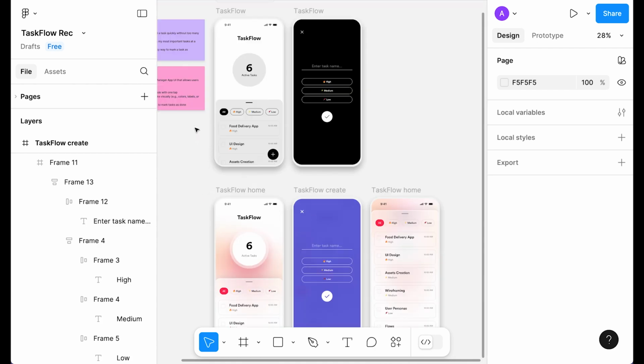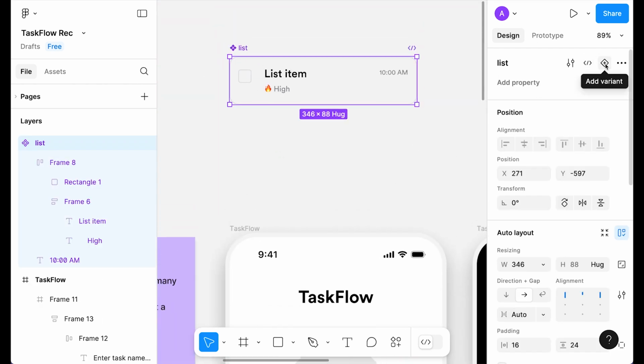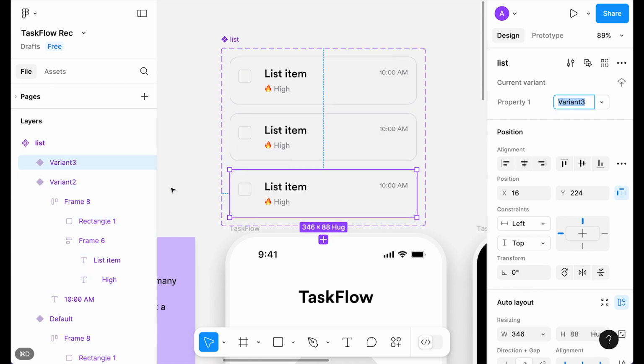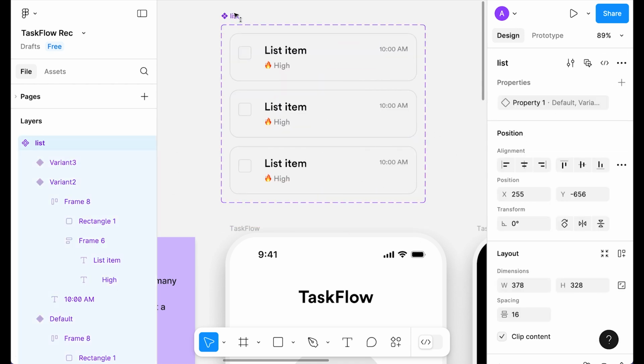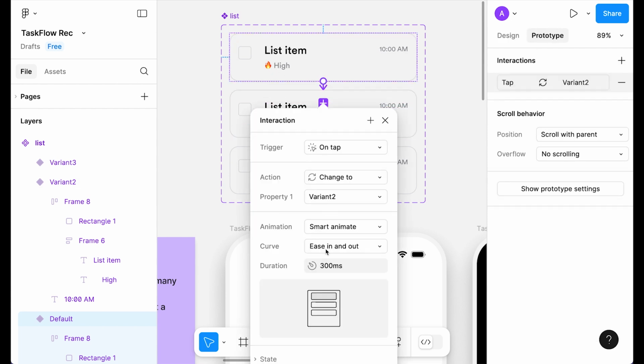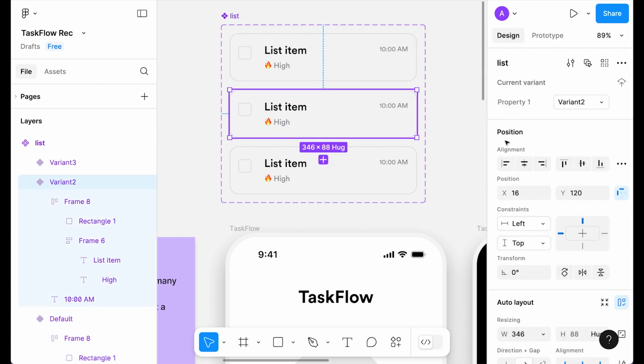Okay, so now let's click on the component we already created. Now let's simply create a variant. So let's click on add variant and duplicate this again. So this is variant 1, 2 and 3. Okay, let's make this whole list link. Once user click on tap, so it will smart animate, ease in, ease out, and in this state, so click